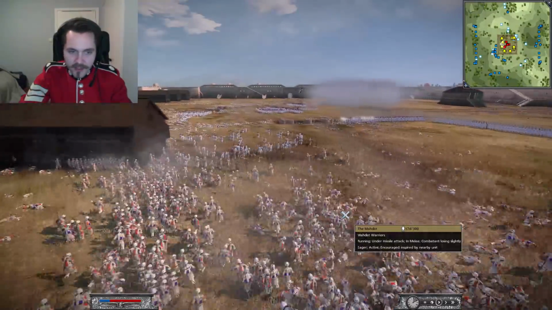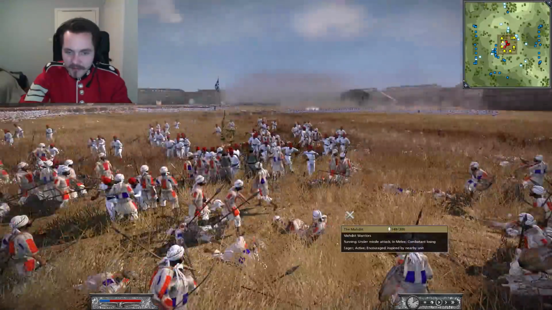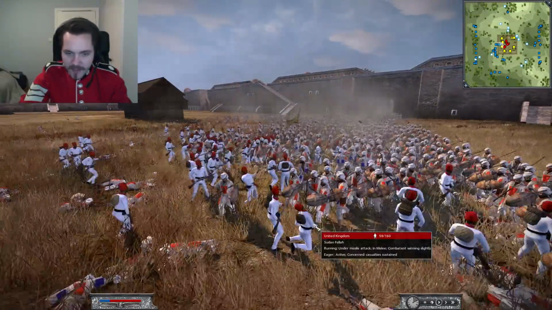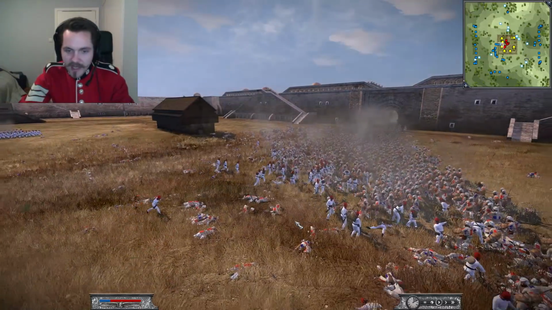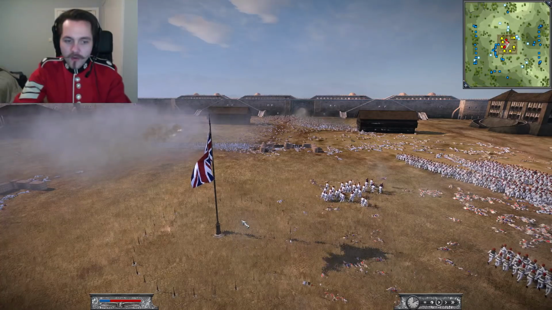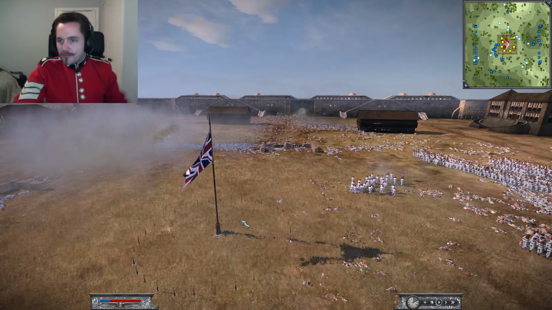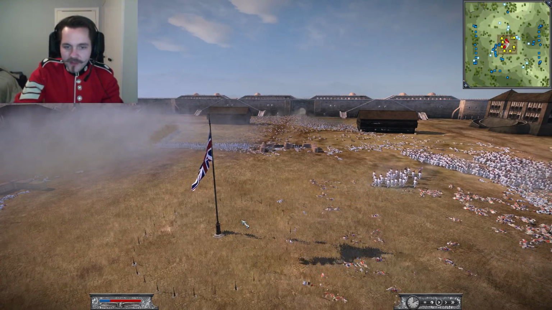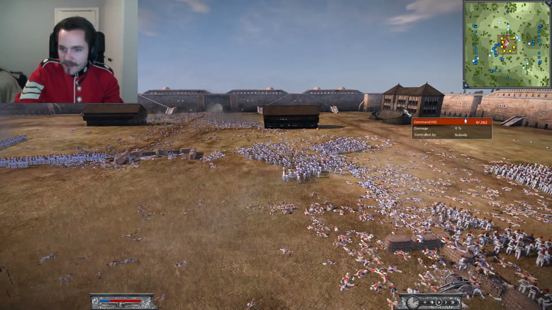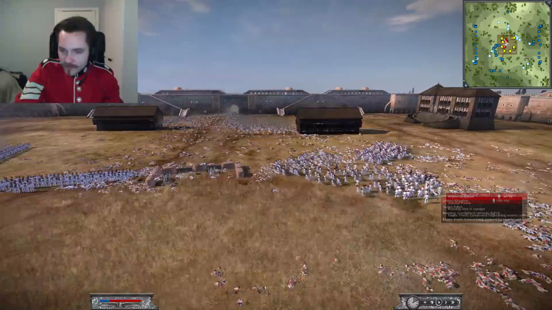And unfortunately, I'm gonna have to send in my Sudanese fellas, my Egyptian troops, in to just hold the enemy back. So holding the center square is no longer a good idea because the squares have just been collapsing all around. So what I'm doing now is I'm falling back to the headquarters. We've got Gordon here